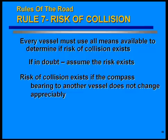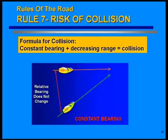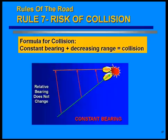If the compass course bearing to another vessel does not change appreciably, then the risk of collision exists. So the formula is constant bearing, decreasing range, you're going to collide. Here's a little model of that. If your boat and the other boat are on a constant bearing